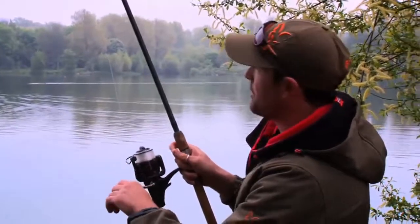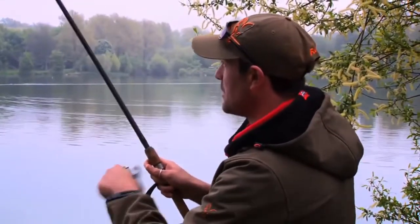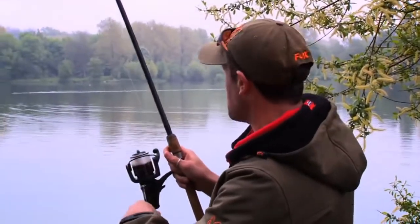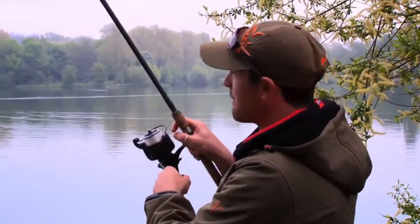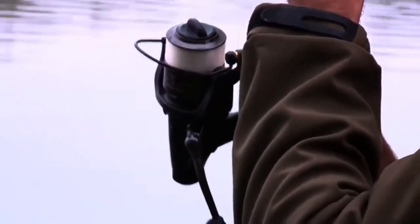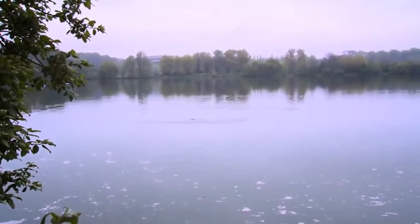Now, if there's one thing that I've learnt about big bream, it's that they don't tend to come too close to the bank. You're really looking beyond the marginal shelf, and on a venue like this, which is relatively shallow, by casting around with a lead or a feeder, you're looking for relatively clear areas with a decent depth of water. Now, where I'm fishing out, about 45 yards, 7.5 foot, onto a clear sandy bottom,